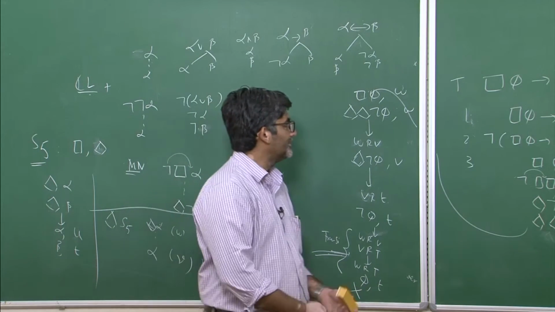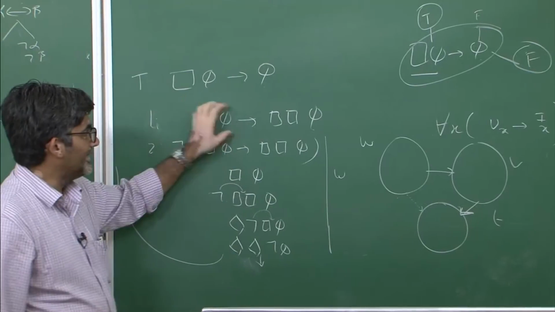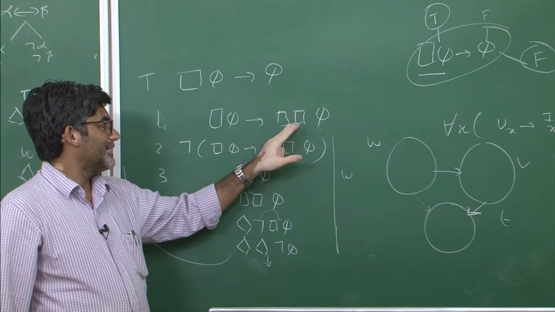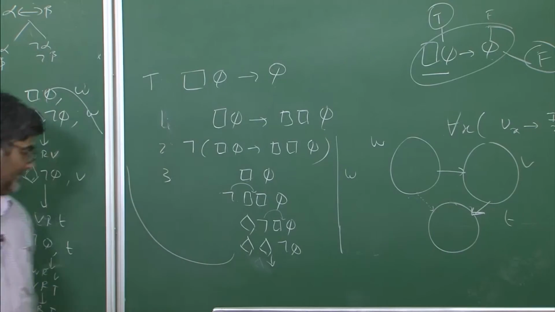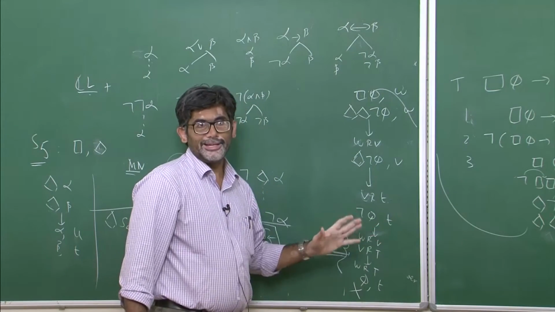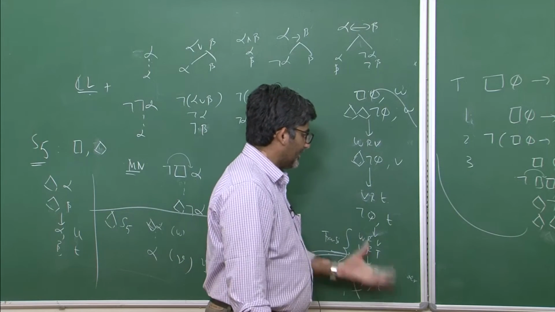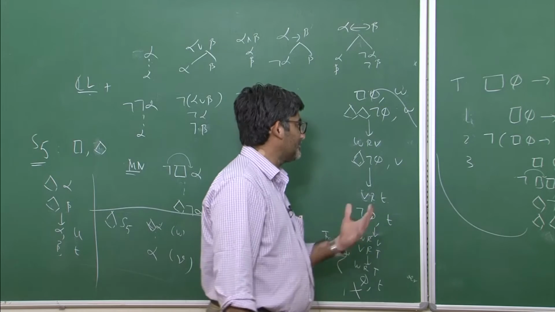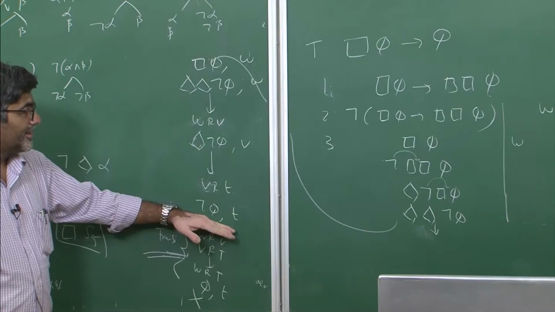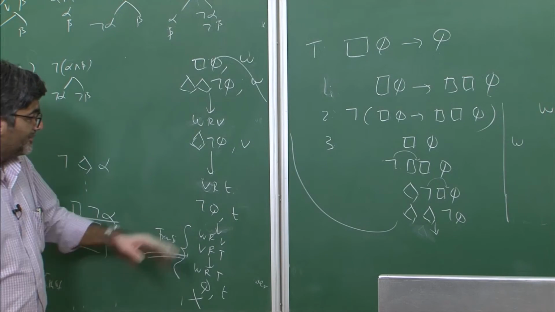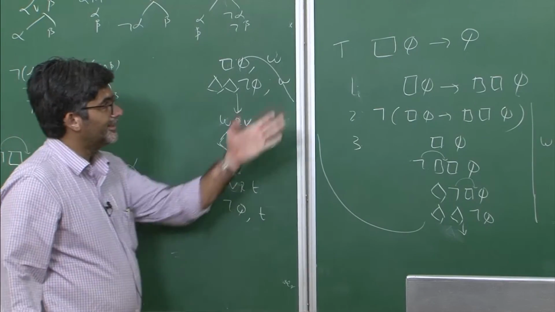So what did we get out of this one? If you deny the formula, that it is necessary that phi implies that whatever is necessary has to be necessary, it closes only when you impose the transitivity relation on the accessibility relation R. If the accessibility relation is transitive in this sense, then only it closes, otherwise it is going to remain open. Suppose it remains open here itself, then it is going to be invalid in T.